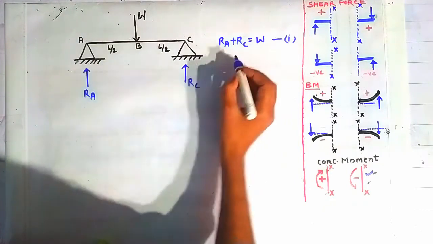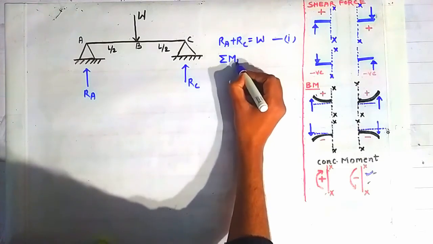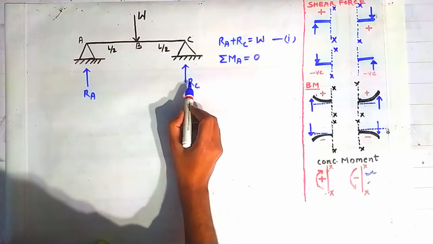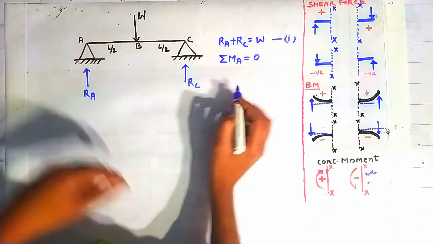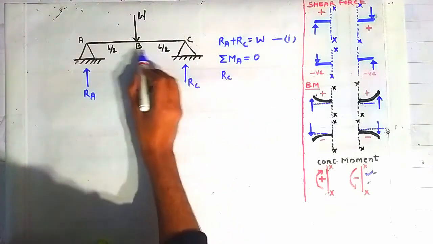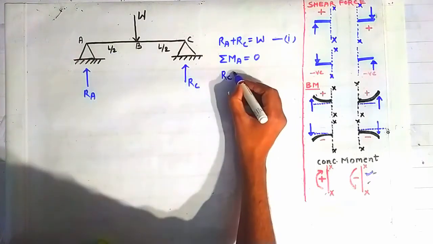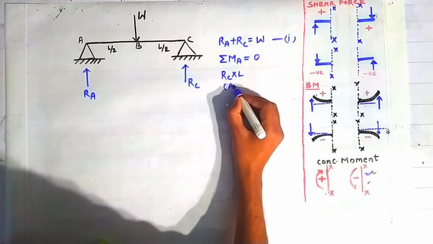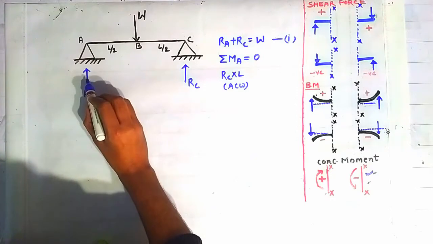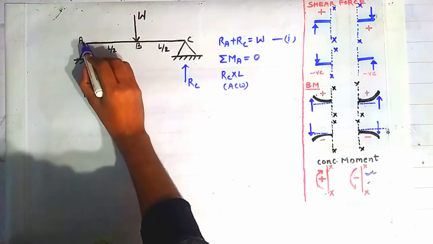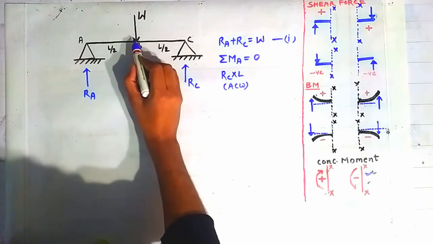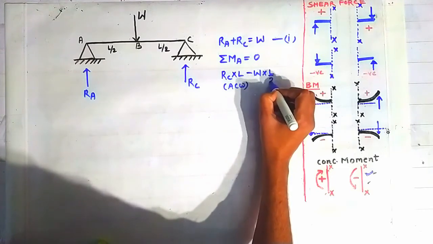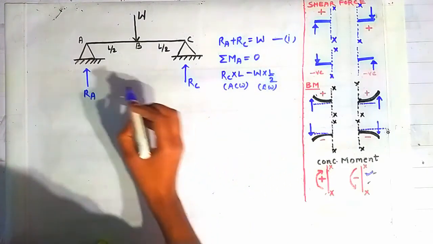is 0. So taking moment about the point A, the summation of all the moments about the point A is 0. For that, this reaction will contribute toward a moment of magnitude RC into this length L by 2, equal to RC into L by 2, in anti-clockwise direction about this point A. Anti-clockwise is here treated as positive, and this force will not contribute toward any moment because it is passing through this point A, and this force will contribute toward a moment of minus W into L by 2